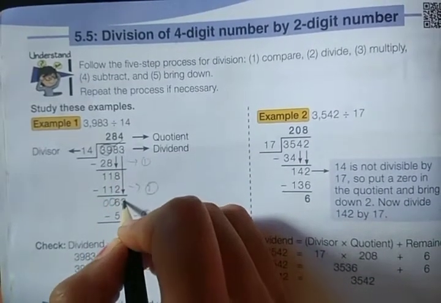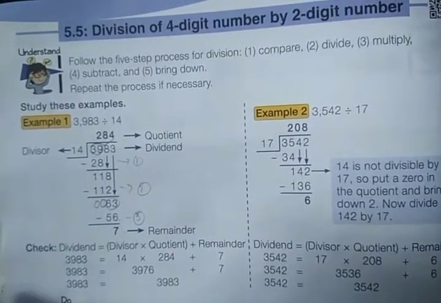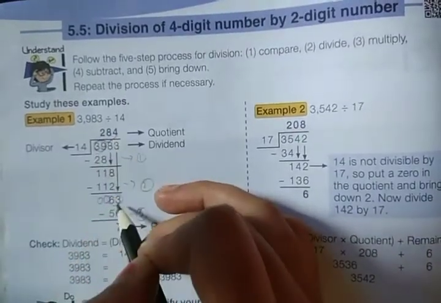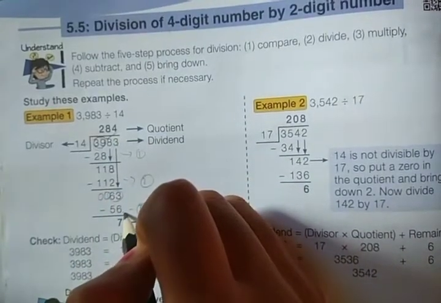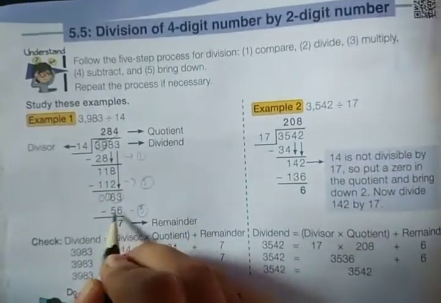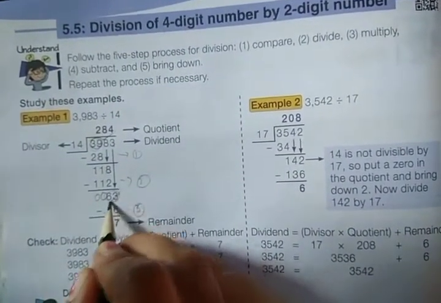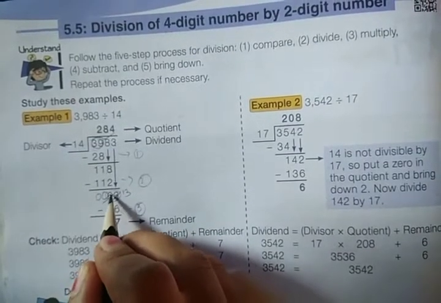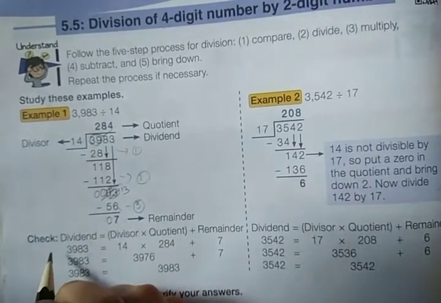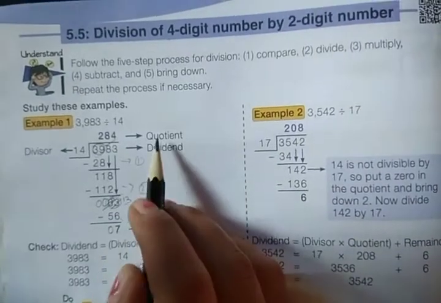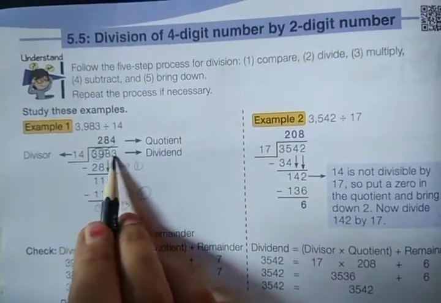Take this 3 down, now it will become 63. Now check in the 14 table whether 63 is there or not. It is not there, and smaller than that is 14 4s are 56. Take that number, write the number here, 56, then subtract the numbers. 3 minus 6 is not possible. Use the borrow method here. Make this 3 as 13 and the previous number 1 less, that is 6 minus 1 will be 5. So 13 minus 6 is 7 and 5 minus 5 will be 0. So your remainder is 7 now. Your quotient is 284. Your divisor is 14 and the dividend is 3983.